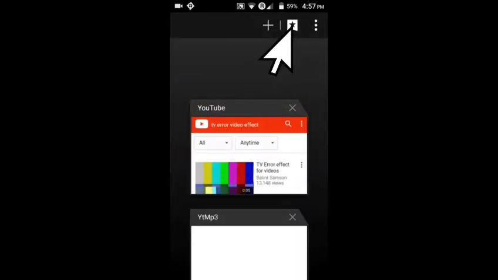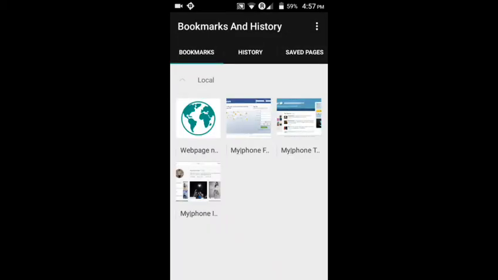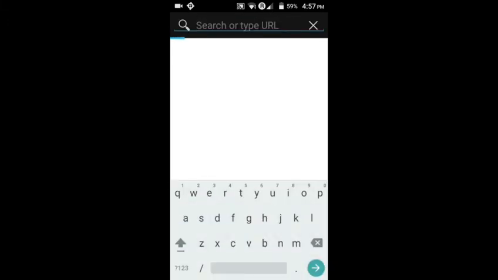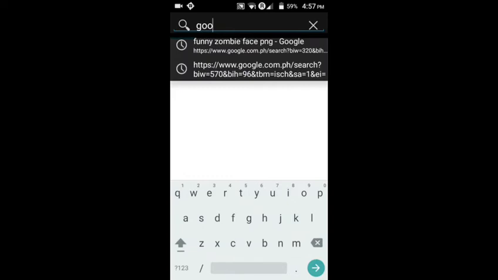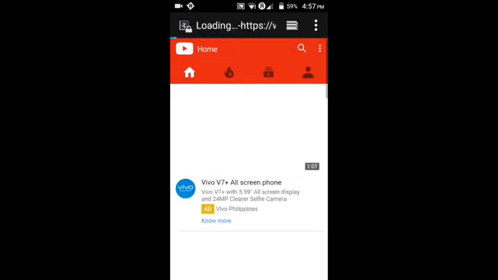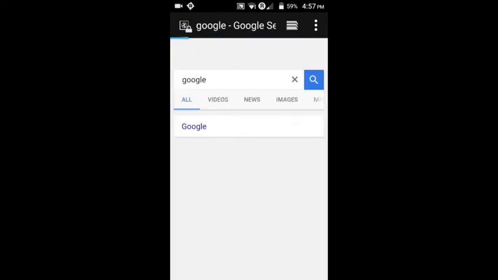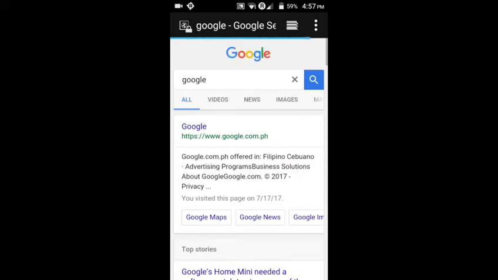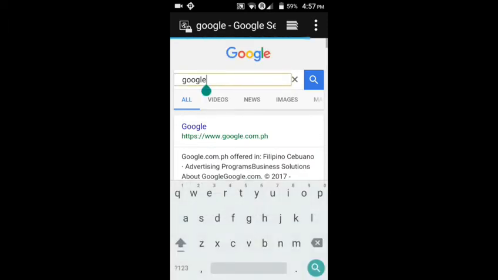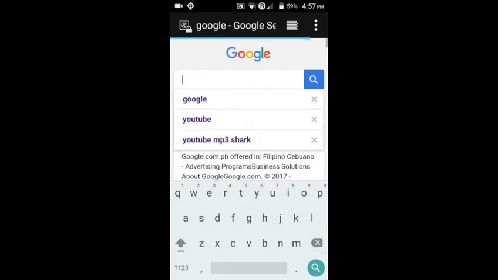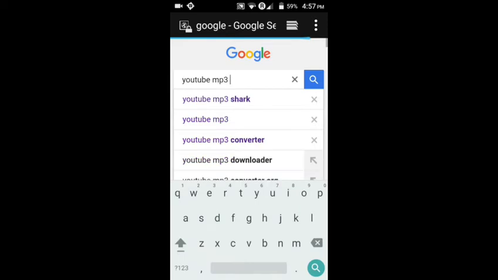Then once you do that, you're going to go into new tabs, go to Google, and once you go to Google, you can search for, I highly recommend you search YouTube MP3 Shark.